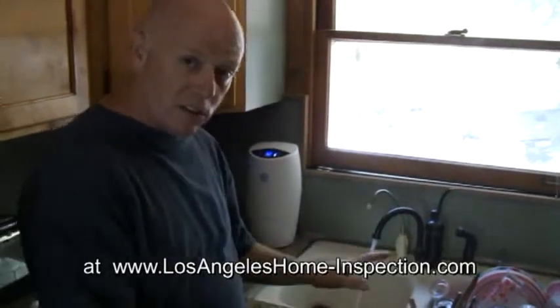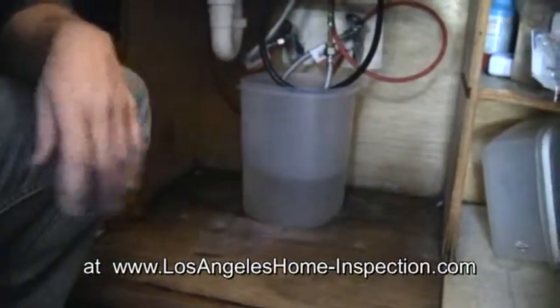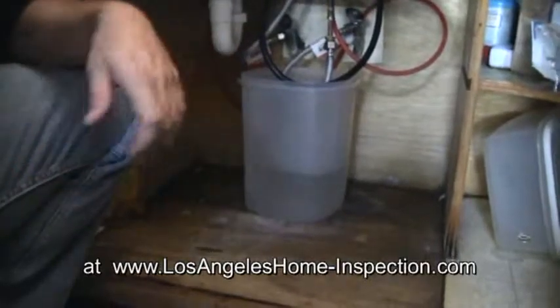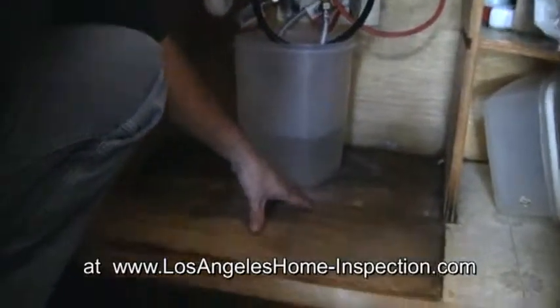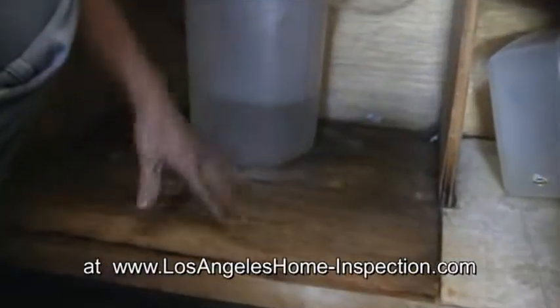So let's move under the sink. Where we have obvious damage, we see that there's a catch basin here with water in it. So there's a light to moderate leak. Probably over time we've developed that volume of water. And you see that the floor of the cabinet or the bottom shelf is spongy, and there's obvious water damage